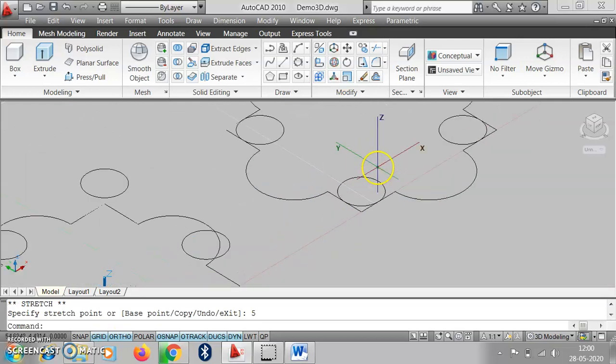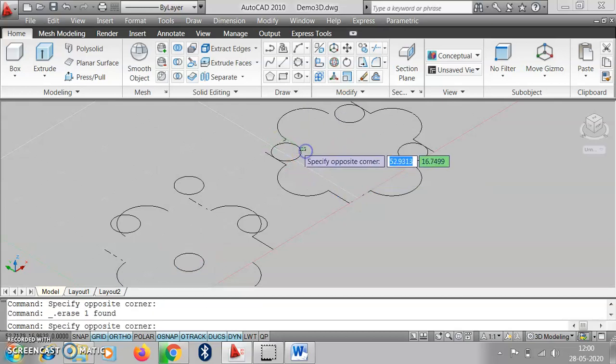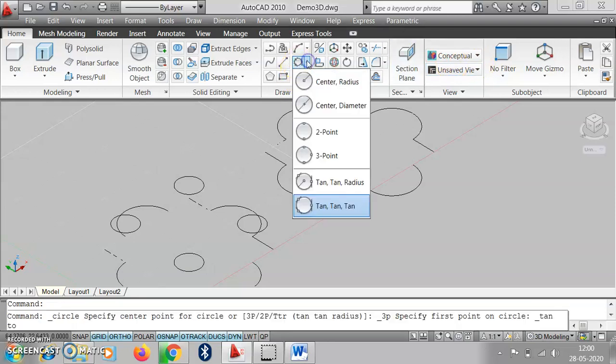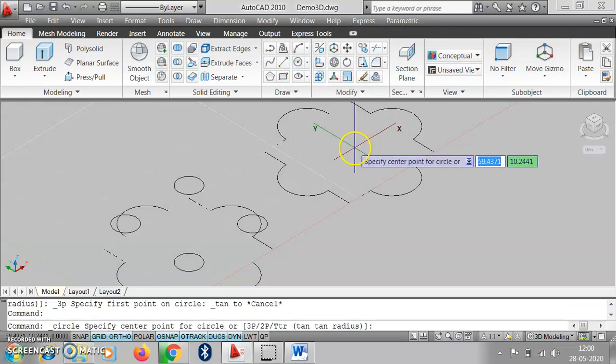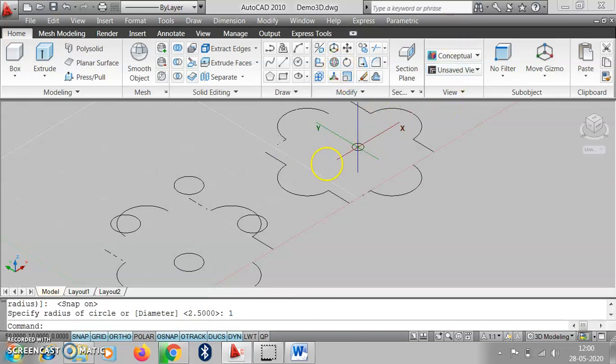Here we can delete these circles from these points, and at the center we draw one small circle with the radius at this center, snap on center, with one radius, then snap off.